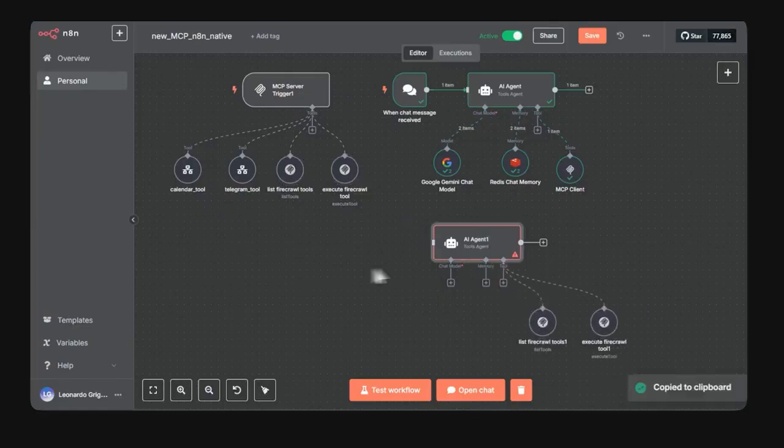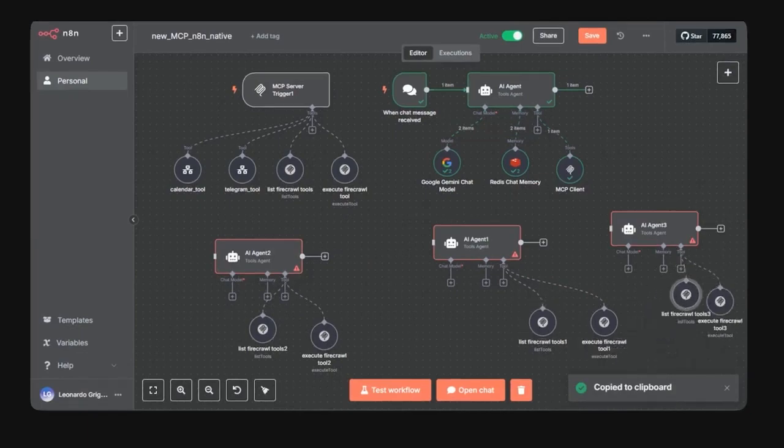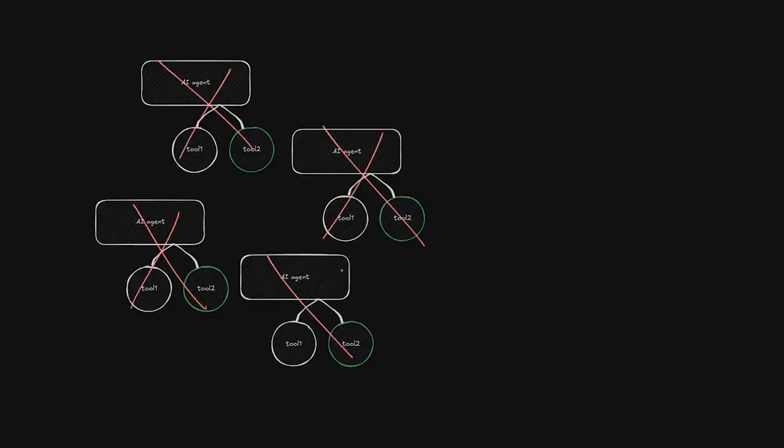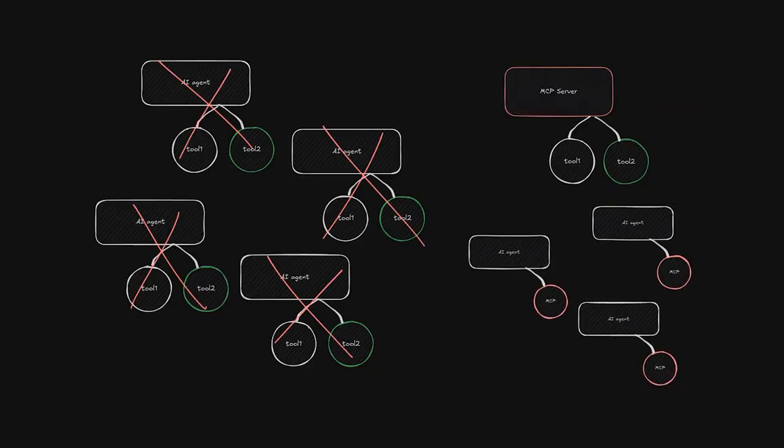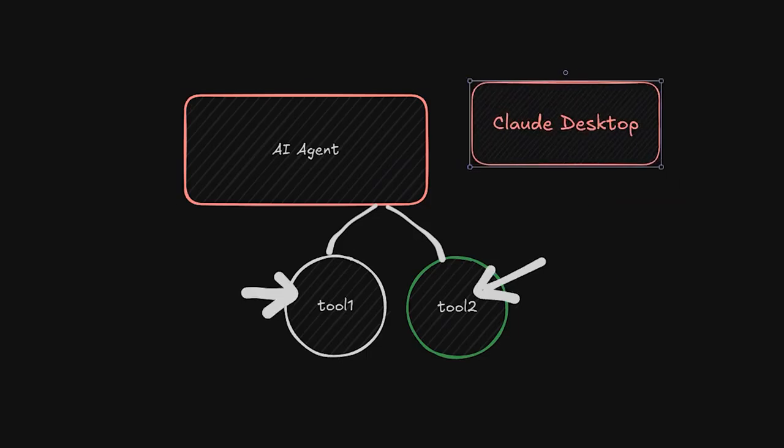now it avoids us having to attach the same tools to every AI agent we create inside of n8n. This already helps a lot by organizing our tools in a single place. But some of you might be thinking, well, I could just place the tools directly on the AI agent. What's the big deal with this server node? The big deal is that we can now let other systems interact with our tools, like AI assistants such as